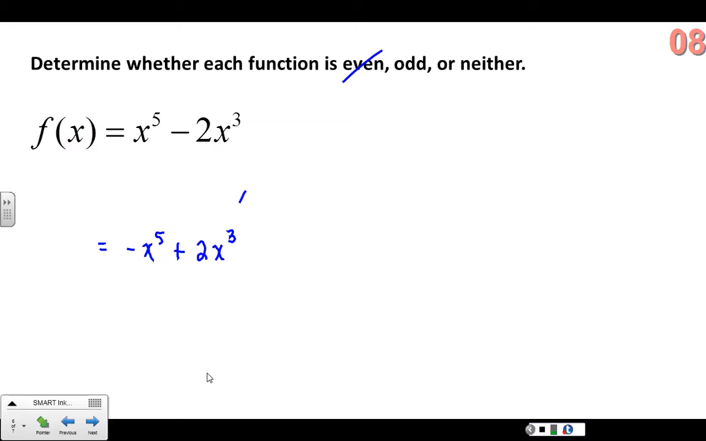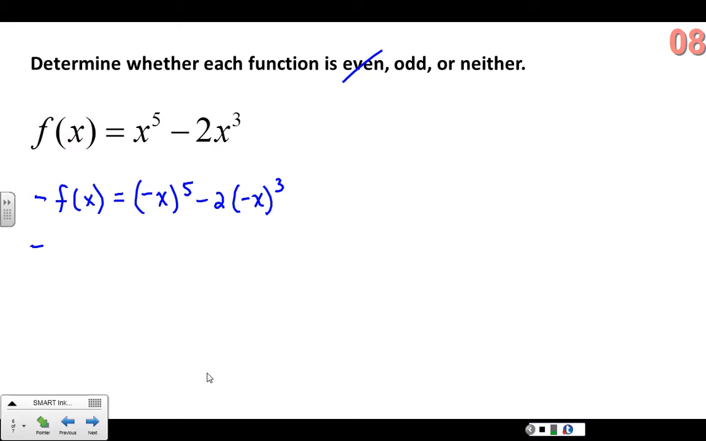Now, to see if a function is odd, it has to have symmetry with respect to the origin, which means we have to change the y to negative y. So let's do that. Negative f of x. And then we have to change the x's to negative x's. So let's see what we get here. Negative x to the fifth minus 2 times negative x to the third. So negative f of x, that would remain negative x to the fifth. And this would be plus 2x to the third, because you'd have negative x to the third times negative 2,